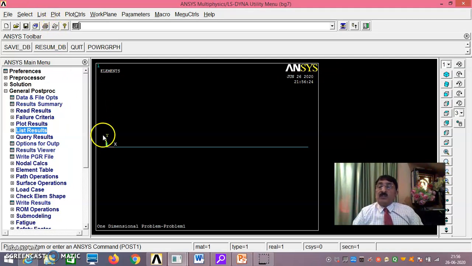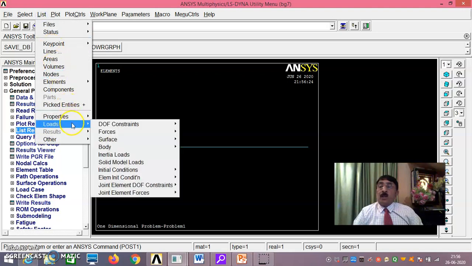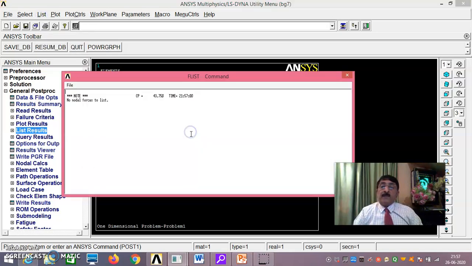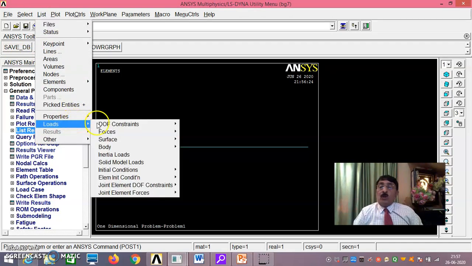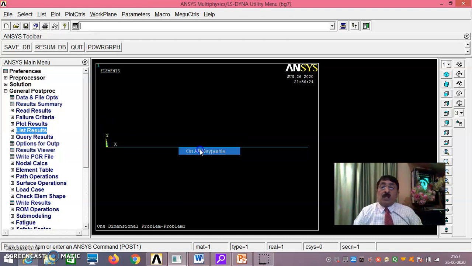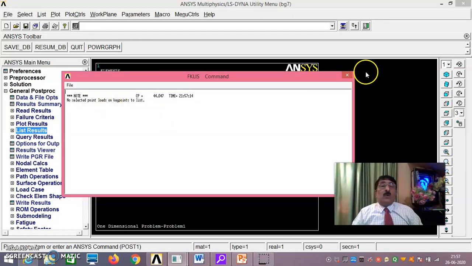Now list, loads. If you see here, clearly you can see no forces applied because we had saved before the loading. That is why if you go for list, loads, forces on all nodes, on all key points, there are no loads applied.